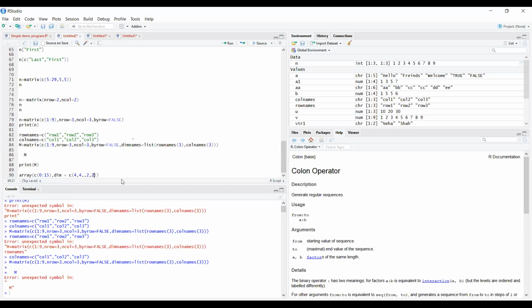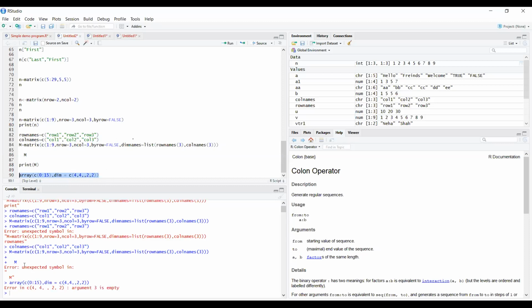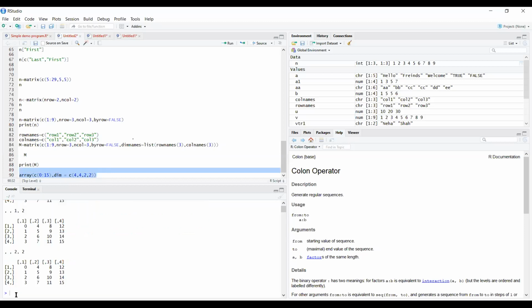If you run this, you will see what exactly happens here. Argument 3 is empty, because we passed one extra colon, so that's why it is showing this. This is how the array is created.